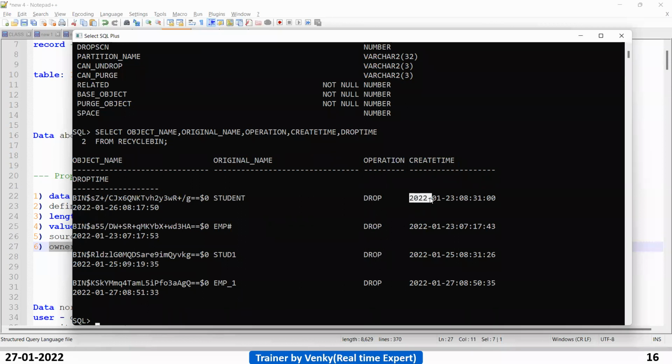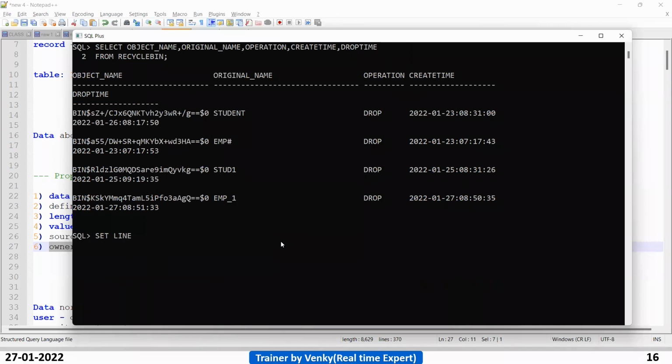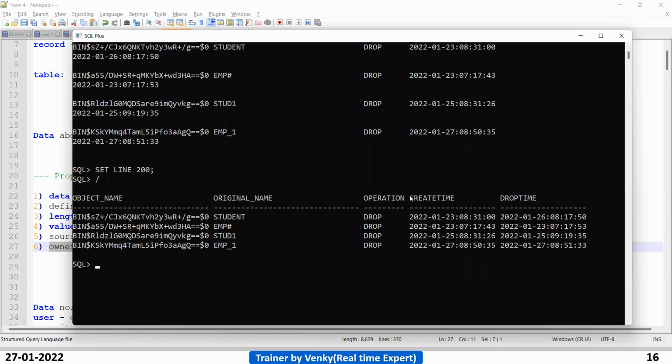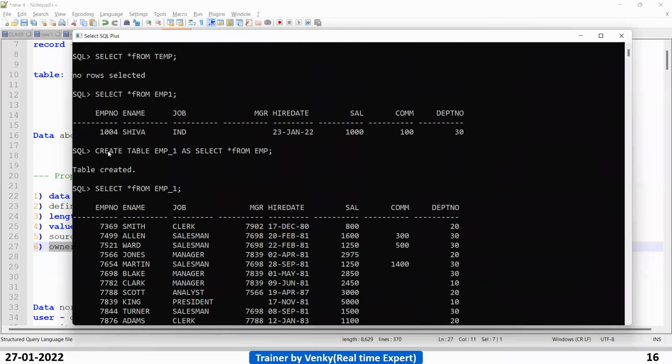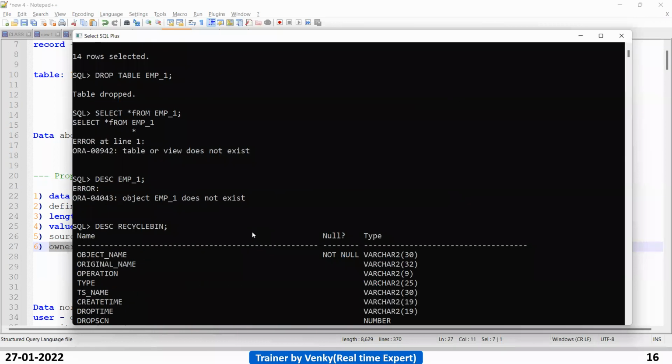Create time is when the table was created and drop time is when the table was dropped. Now we can see, create time is 23 January, created and dropped yesterday on the 26th. See, I created EMP_one just a few minutes back, right? You can see that one also here.